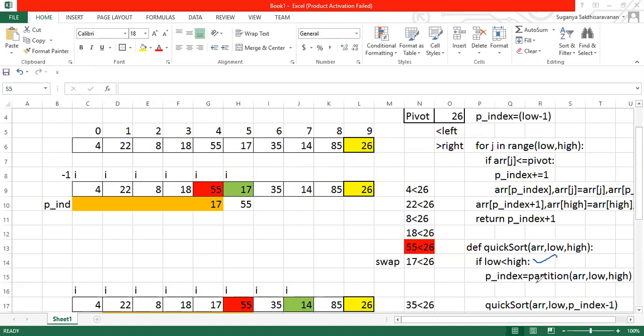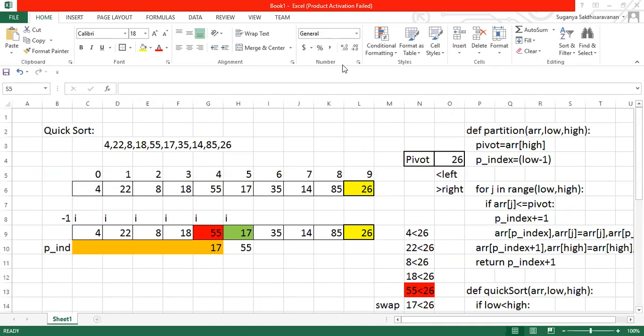So first you're supposed to partition it. If you want to partition it, you should make all the elements which are less than the pivot value placed on the left side, and all the greater elements placed on the right side, right? So right now we are going to call the partition function with your list, the lower index and the higher index. With this information you're going to pass it. Okay, now I'll scroll a little up.